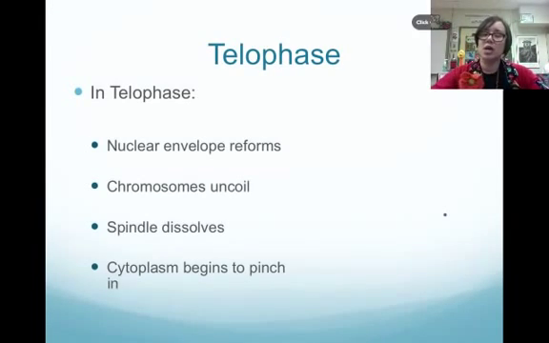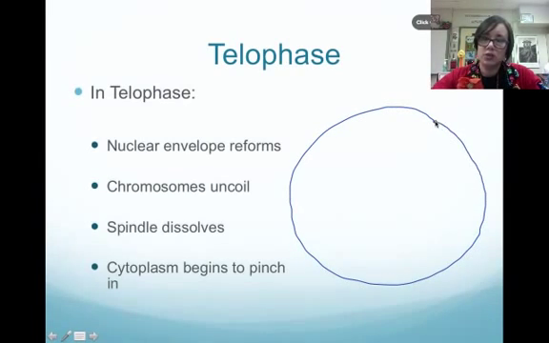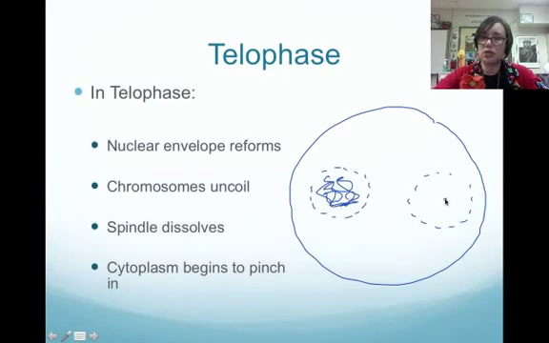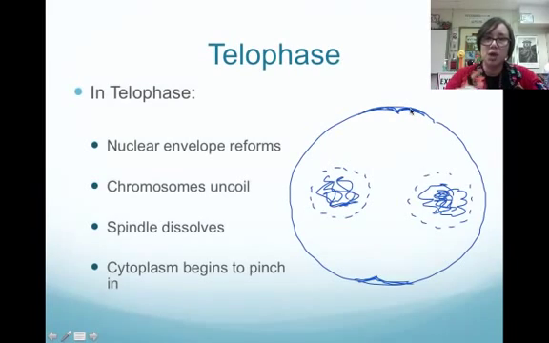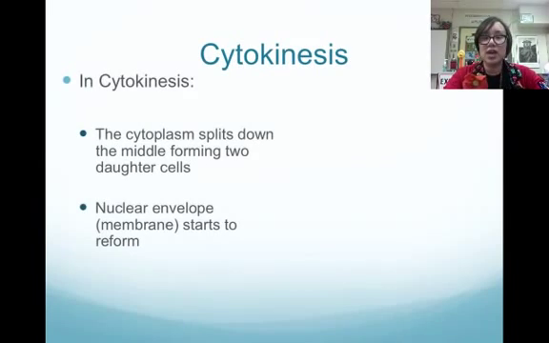So let's draw a picture and see what that actually looks like. So here is my cell. Now I'm going to start to have my nuclear envelope start to reform. I'm going to have my loosey-goosey DNA again. It's no longer chromosomes because I don't need to worry about separating it. And what's going to happen is here we're going to start to see the cell pinch in a little bit and pinch in a little bit right here. Our cell membrane is going to start to pinch in because now that we've separated the nucleus, we need to start thinking about separating the cytoplasm,